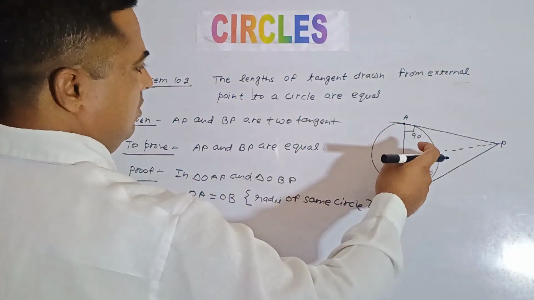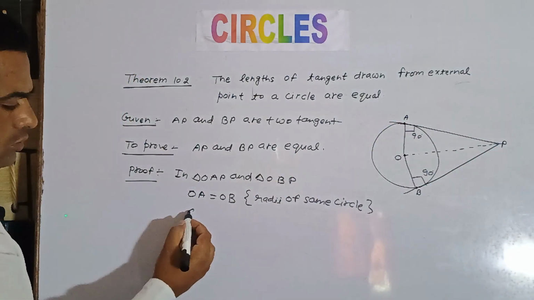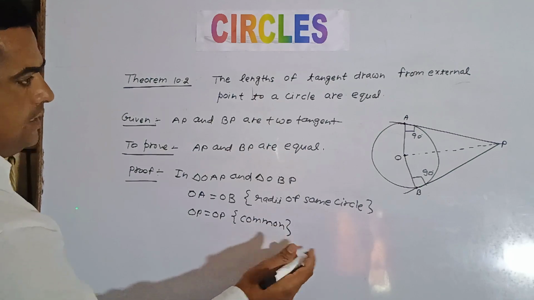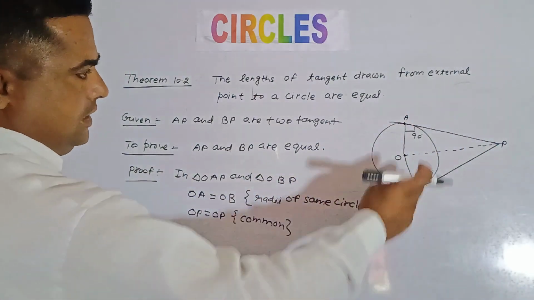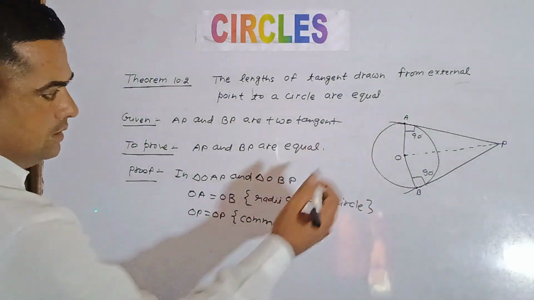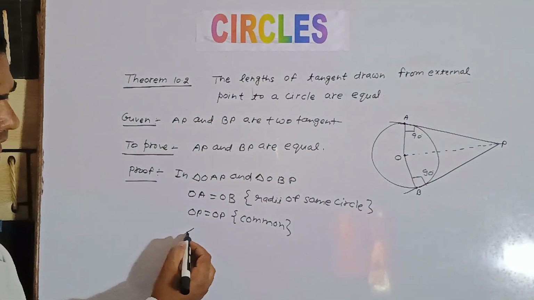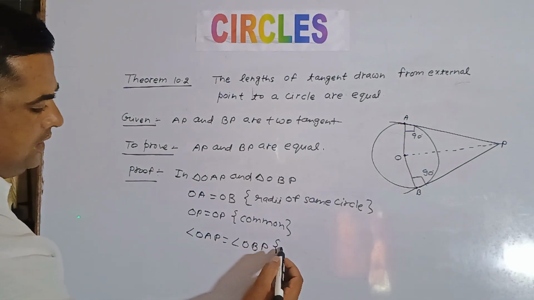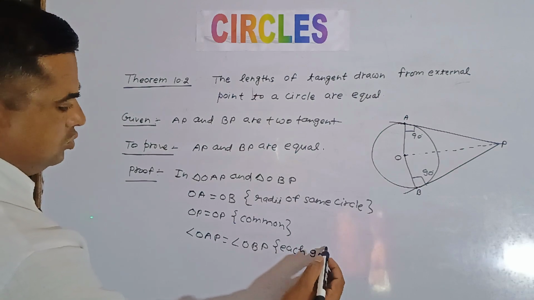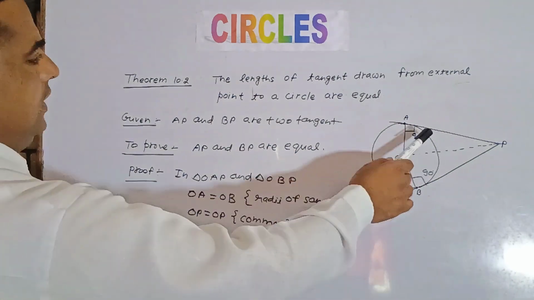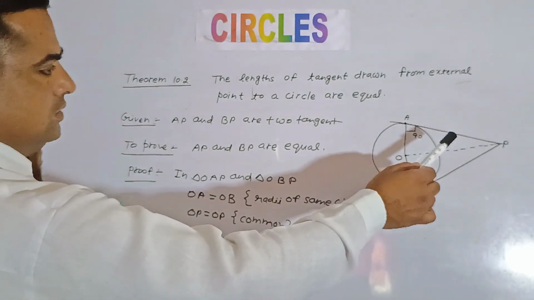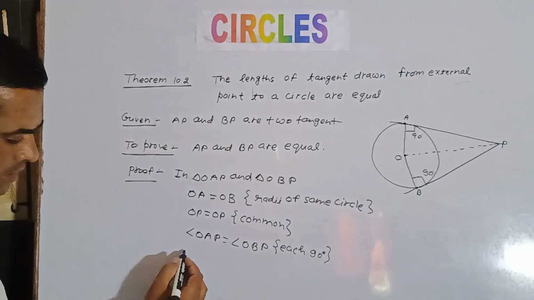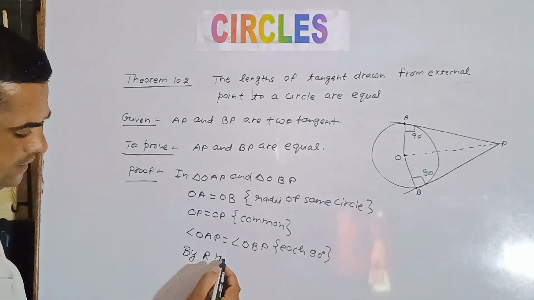Correct? Now OP will be common in both. OP equals OP, common in both the triangles. You can see OP is situated in the first triangle, and OP is in the second triangle also. Now we can write here, angle OAP equals angle OBP, each 90 degrees. So by which property will these two triangles be congruent? In two right angle triangles, hypotenuse equals hypotenuse and one side equals one side. So by RHS property, you can write here, by RHS property,